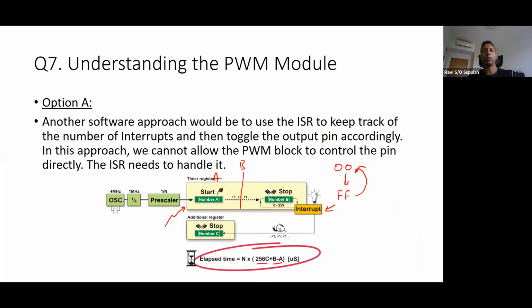generating a PWM that is even lower frequency. All right, so I can say that when this register value hits a certain number, only then do I toggle. So I wait until C equals some particular value. That gives me the required delay that is not possible within the 0 to 255 range over here. Okay, so that is one possible option.